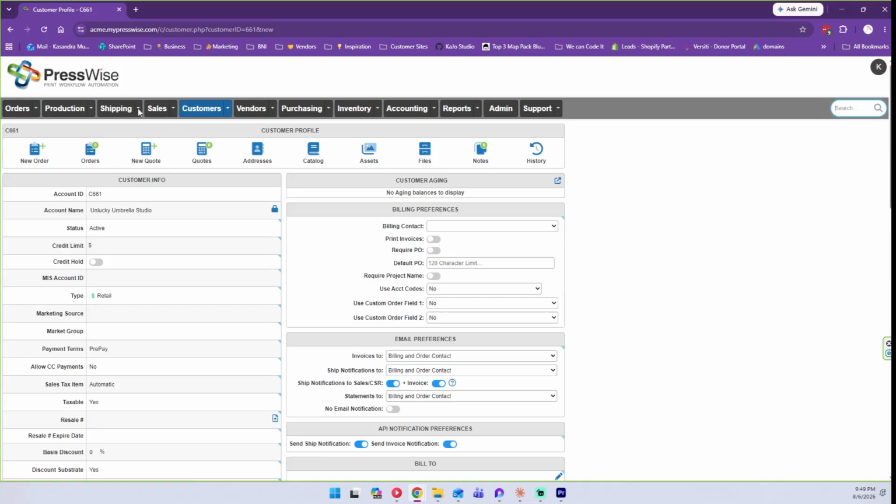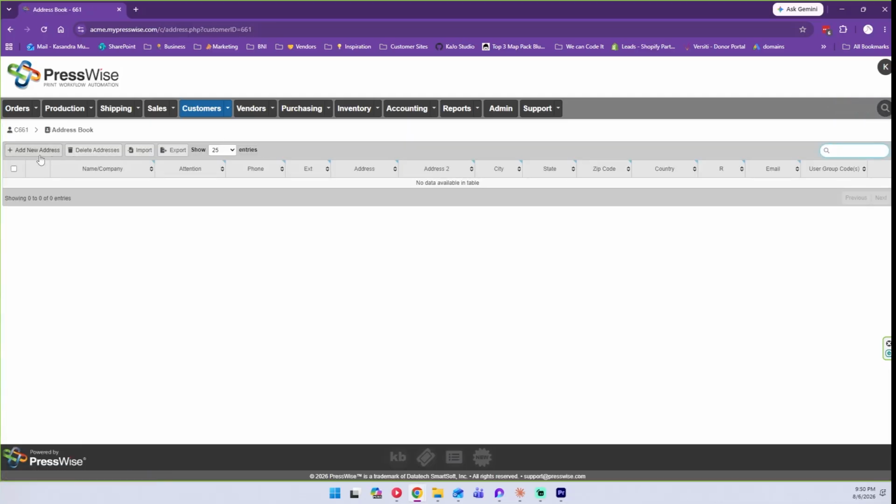The new quotes button will create a new quote under the account. The quotes button here will show you the list of all existing quotes under the account, which again, it's new, so there's 0. The address book is a really useful function. If you have a client that has multiple delivery locations, you can put all of their addresses within this area. And what this will do is keep track of them